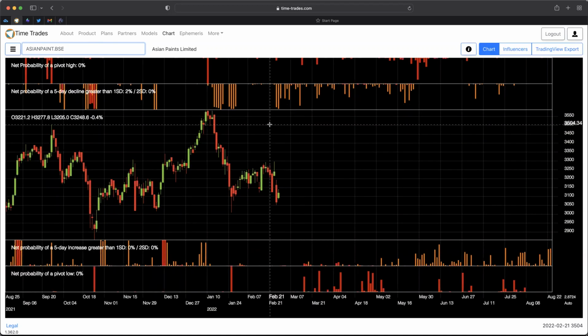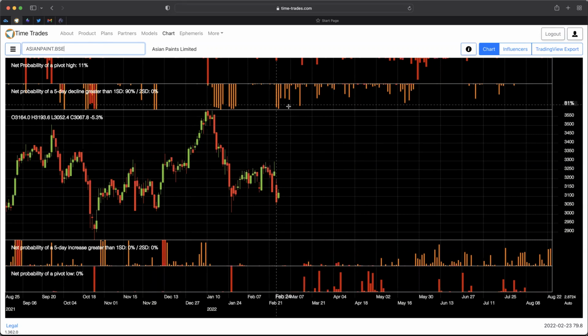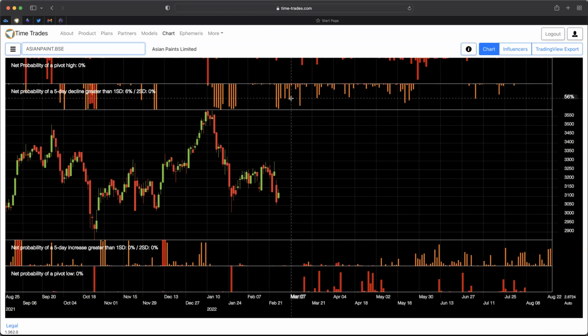So this was a bearish forecast that we had, and that has played out very nicely. There's maybe a little bit left in this bearish forecast. We don't see a pivot low really happening until March 15th. But this isn't really a great cluster of 1 standard deviation moves down, but definitely it could continue for another couple of weeks. I would look to take profits on big moves down here on Asian Paints if you did take that short,